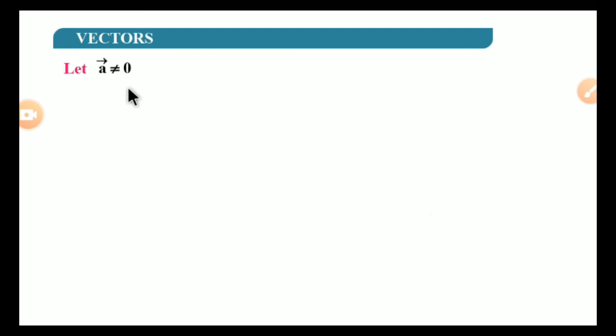Now the third case, A is not equal to 0 vector and B is not equal to 0 vector, then